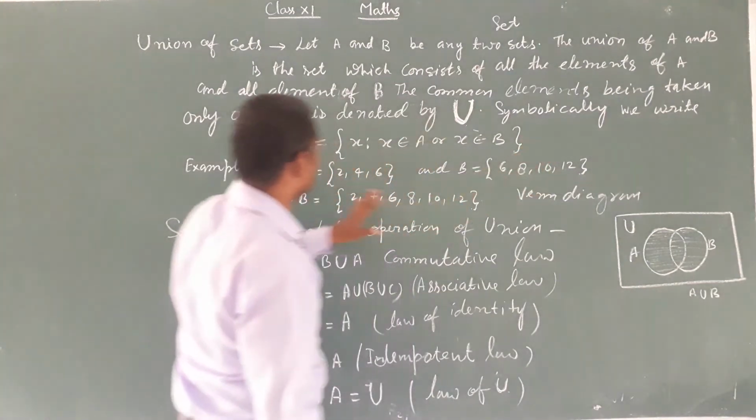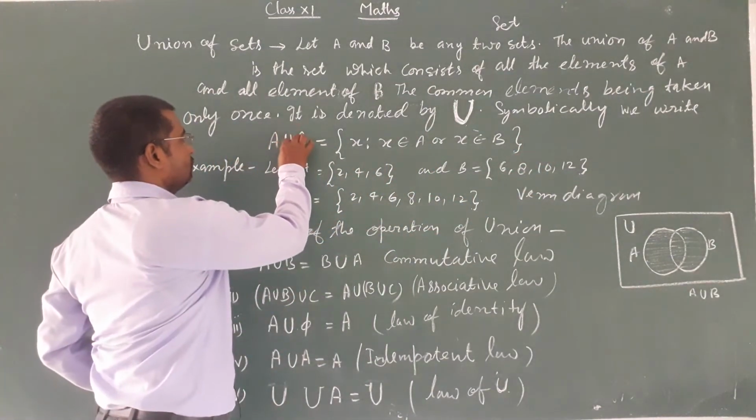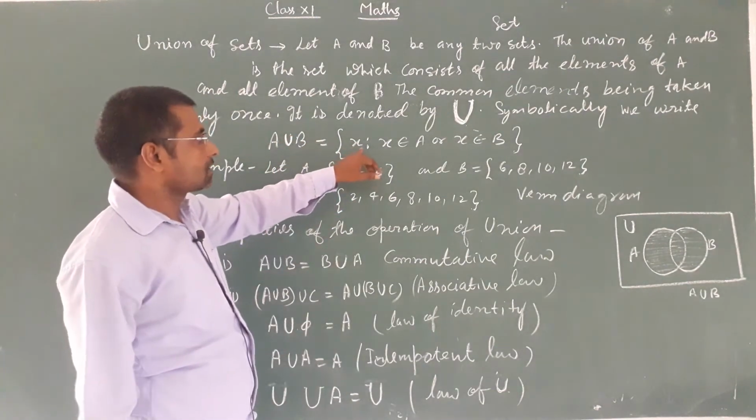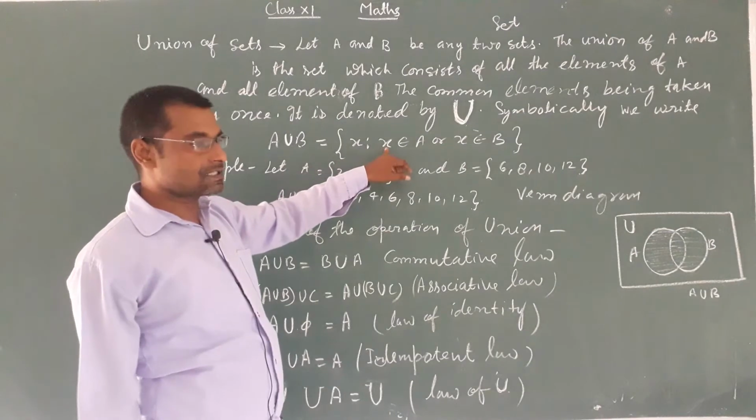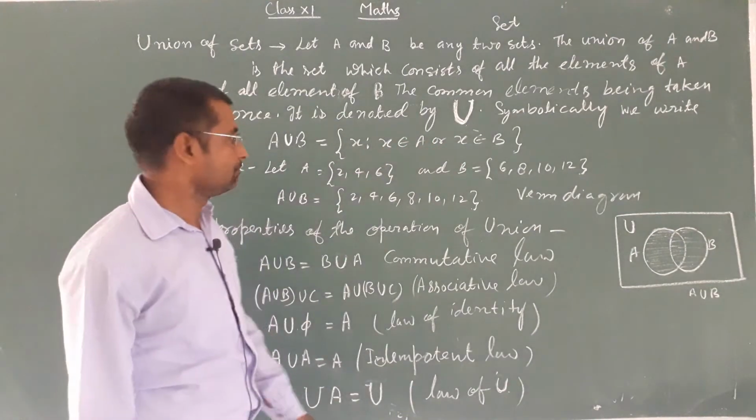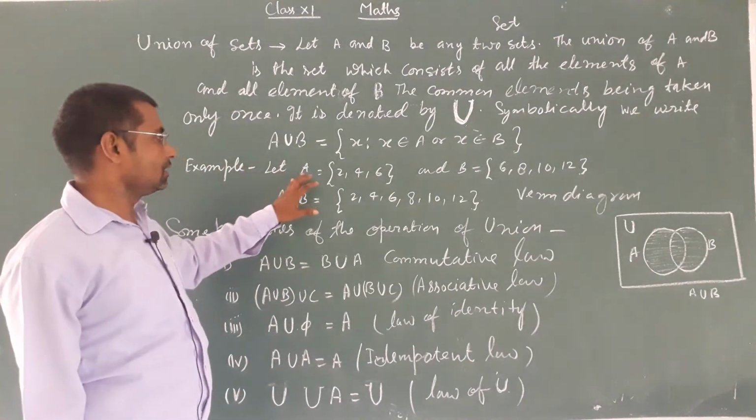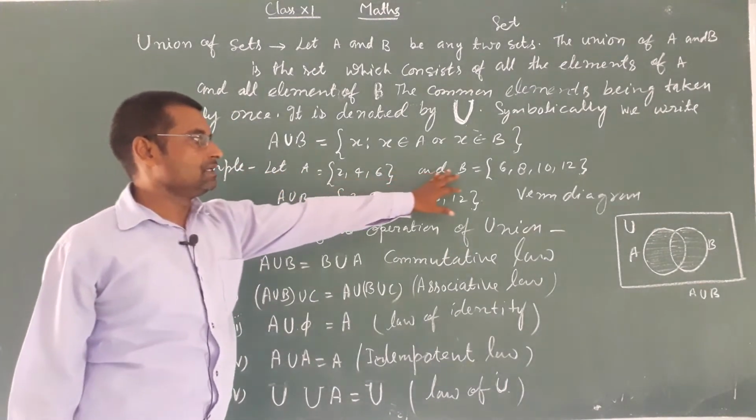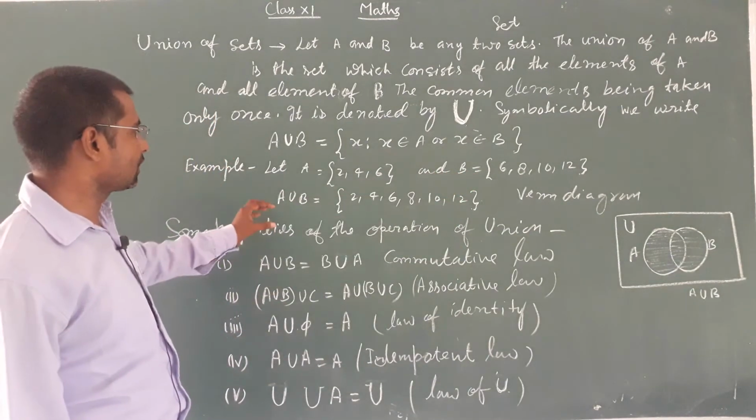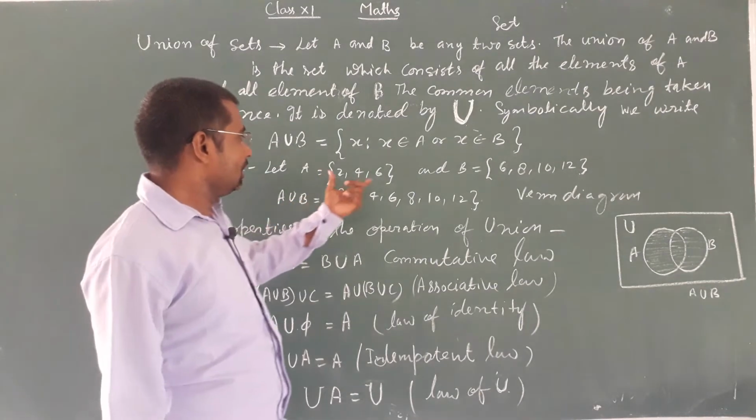Symbolically we write A union B equals the set of x such that x belongs to A or x belongs to B. For example, let A be the set 2, 4, 6 and B be the set 6, 8, 10 and 12. So we can write A union B, all elements of